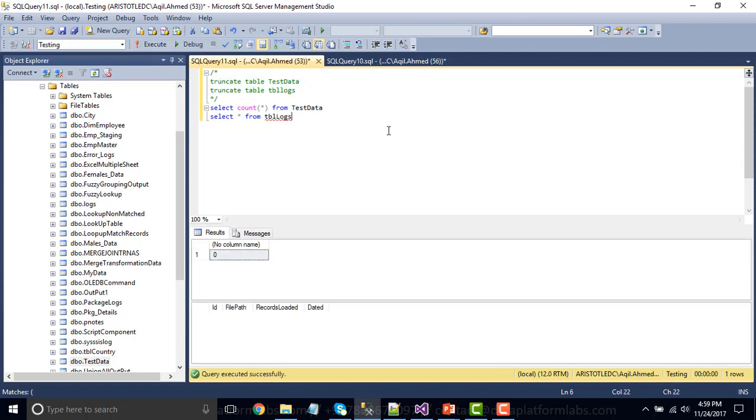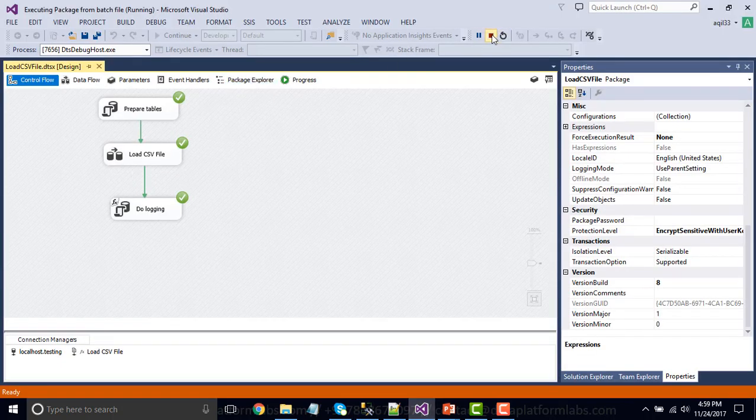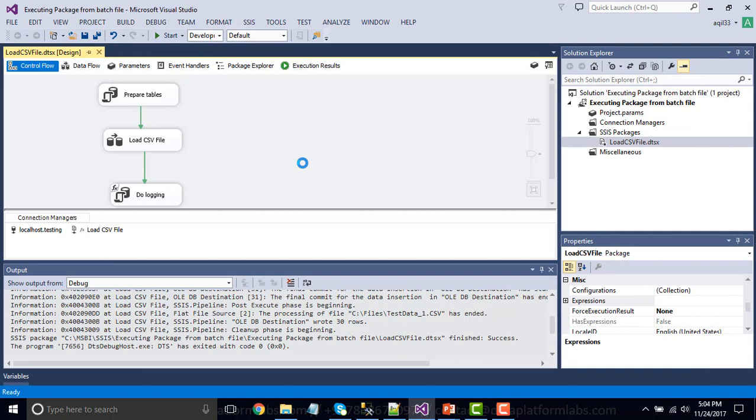Okay, so now we will see how we can execute this particular SSIS package from a batch file. You might think that if we can execute the SSIS package from the SQL Server data tools, then why is there a need to execute the same SSIS package from the batch file? There can be some scenarios where executing the SSIS package from batch file can be required. So the first scenario can be if you are executing the SSIS package from a production server, it might be possible that SQL Server data tools is not installed on the production server. In that particular scenario, you can execute your SSIS package from batch file.